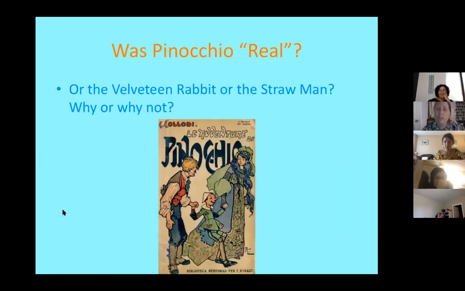Anyway, going back to this idea, was Pinocchio real? Was he? And if so, can you tell me why or why not? Everybody knows who Pinocchio is, right? He developed as a character. I don't think he's real because each time he's lying, his nose is growing. Okay. How does that say that he's not real? He's real in the book, but it could not be a real life character.